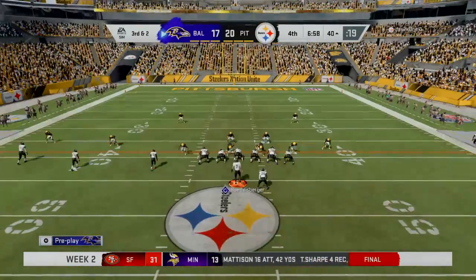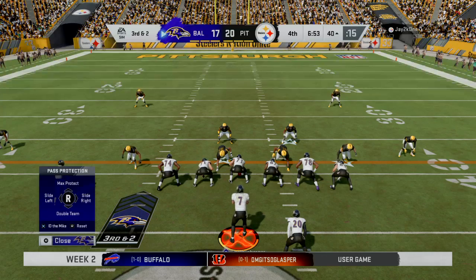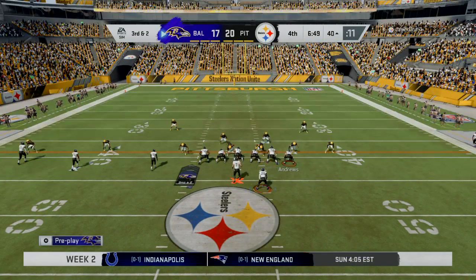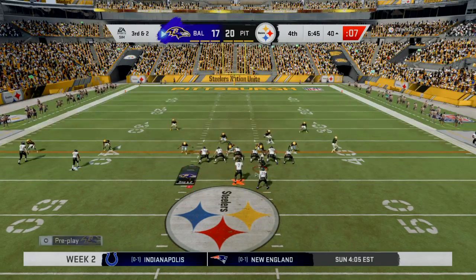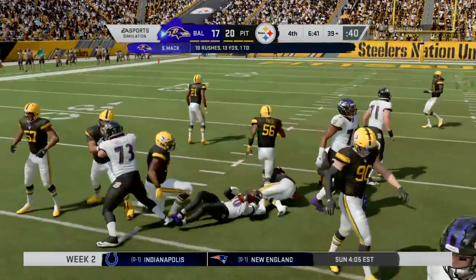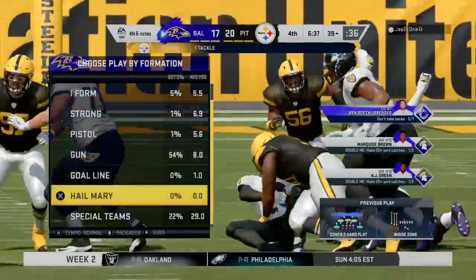And on 3rd down, a nickel formation here defensively. Check 3. Check 9. What's up? 59, what's up? Middle. On 3rd down, a run by Mack, and he will be very close to a first down, but I see the closed fist of the referee, and